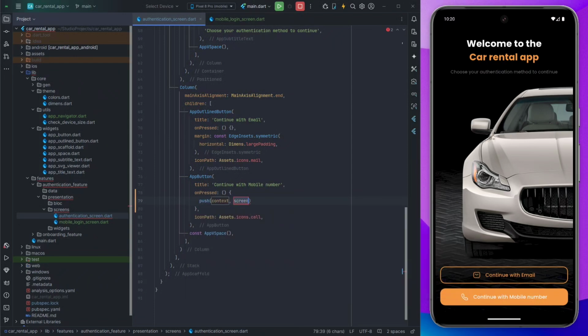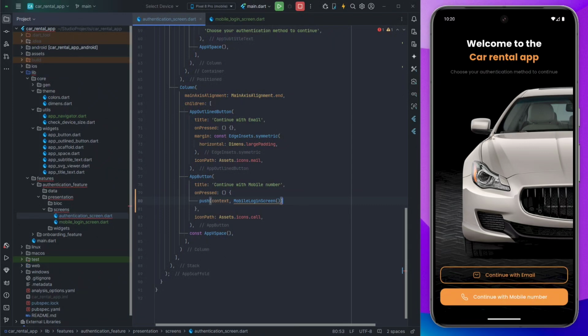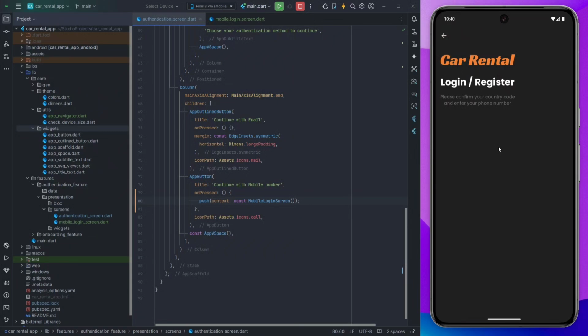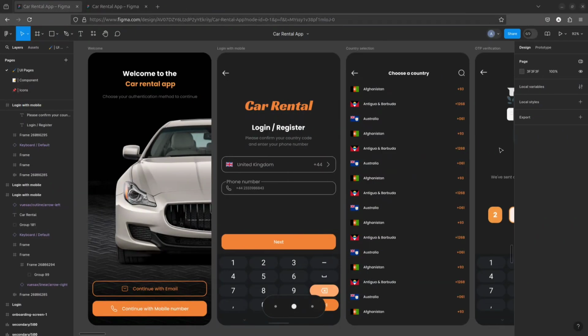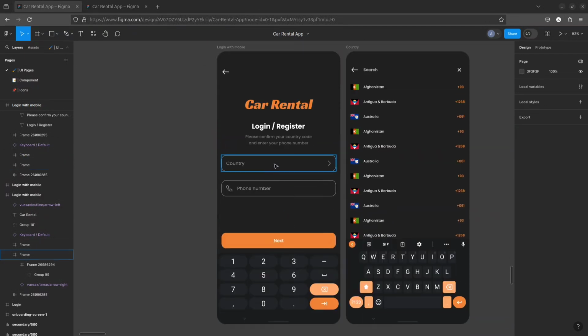Now I call the push method and pass the mobile login screen inside it. I reload the project and you can see the result. Very well. Now let's implement the country selection widget for the mobile number code. This widget can be implemented with a list tile,